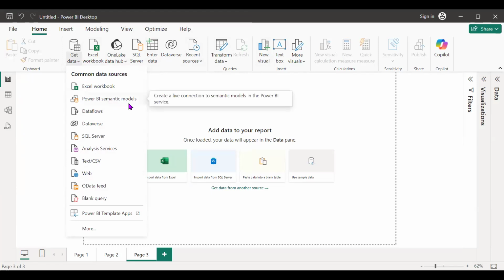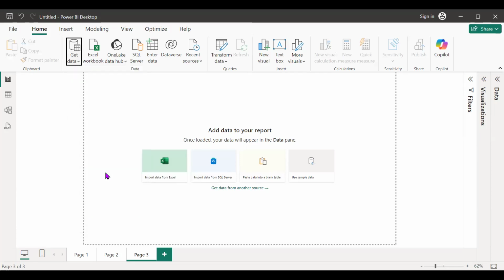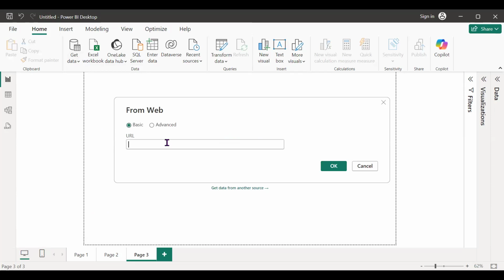Power BI semantic models, dataflows, Dataverse, SQL Server. Even if the data you want to import or work on is in a Word document, a Microsoft Word file or CSV, it's going to get it for you. If, for instance, the data you want to get is on, let's say, CBN sites, all of us are familiar with CBN. You can just say something like